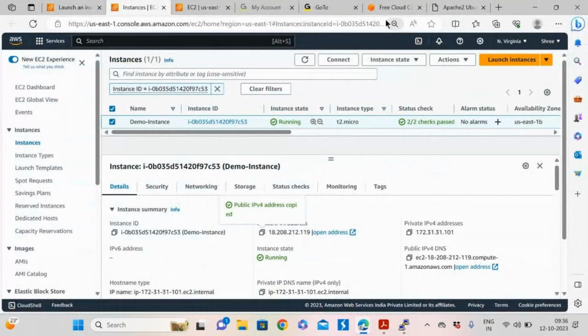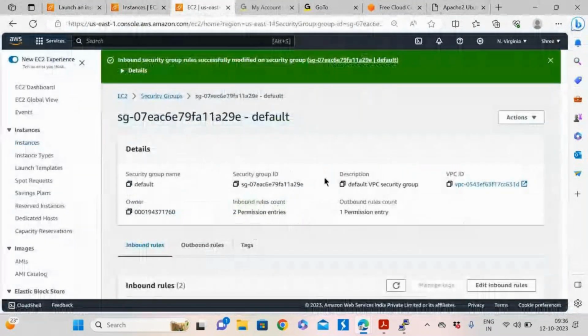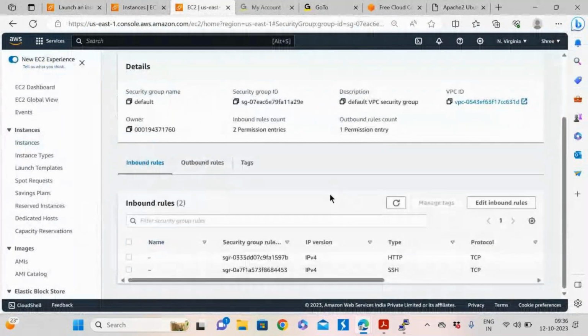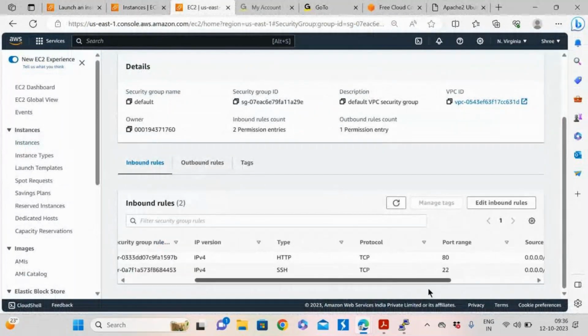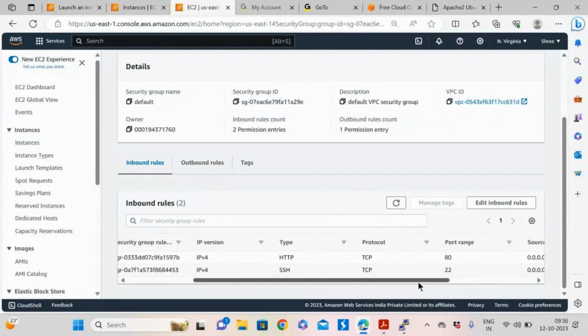If I want to restrict to any particular IP, I can restrict here. That is the reason the security group is very important. Actually, I remember just last month, 20 days back, there was an issue.